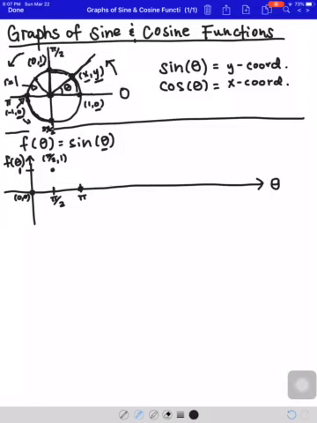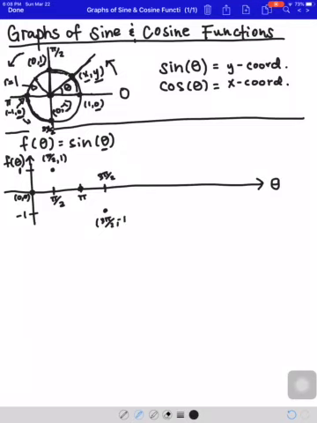Okay. And what is this point on the unit circle? Oh, this is the point, what is that? 0, -1. So now my function value is -1. That's the y-coordinate. So on my graph here, my angle is 3 pi over 2, and my function value is -1. So we have this point right here. I could label it. This is the point 3 pi over 2,